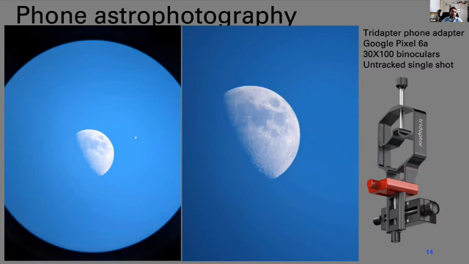And this was just attaching my Tridapter and my cell phone to the eyepiece of my binocular, and then I can use the slow motion controls on this adapter to center the view. The first was a wide field view, and the second was using the 2x zoom option on my phone. And you can see quite a bit of detail in the full image. You see tons of craters. I could see the Alpine Valley at the top as well. I think these are the Apennines Mountains, so mountain ranges.